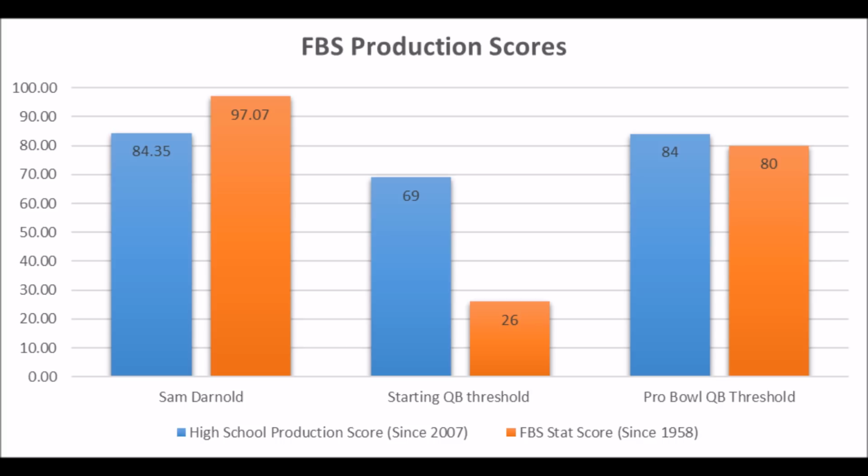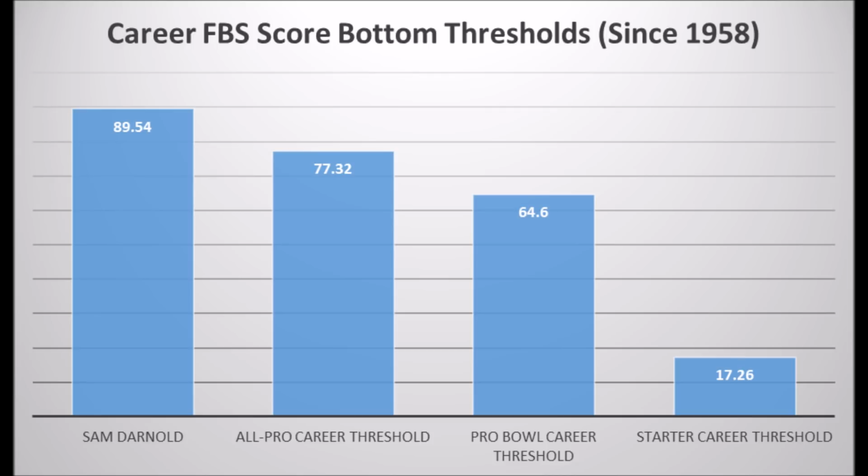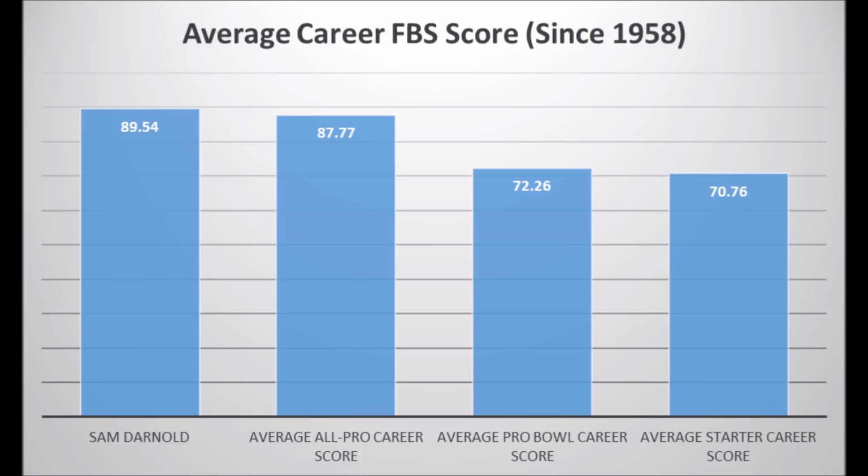When you look at his career production score, he had an 89.54 career score, which pretty much hits all the thresholds in terms of All-Pro potential, Pro Bowl potential. And when you look at the averages at the position, again, above the All-Pro average, Pro Bowl average, and starter average. So Sam Darnold, in many ways, is the second best quarterback in this draft class when you just look at all of his data collectively. He has the highest high, though, I would say that much. Sam Darnold pretty much has the highest upside in the class because of his single season score, but his career score kind of drops him a bit because of the top quarterback in this draft class based on data,